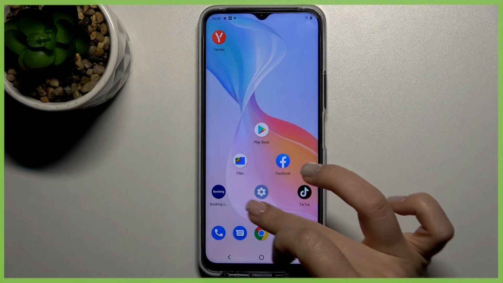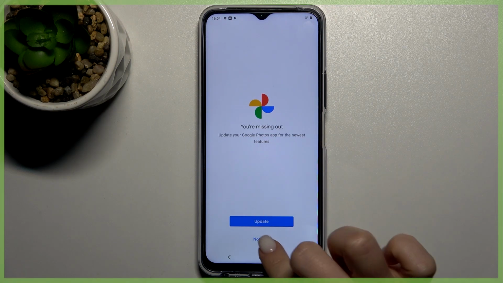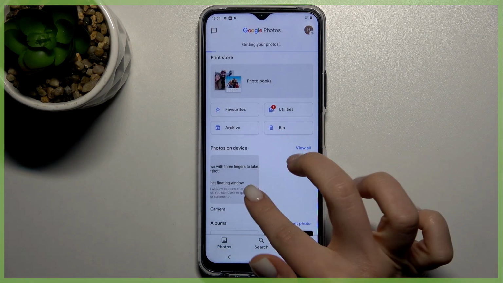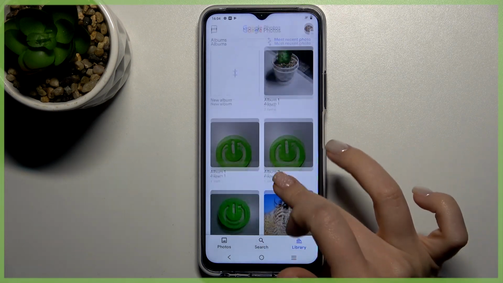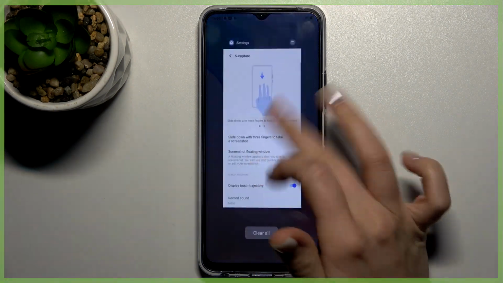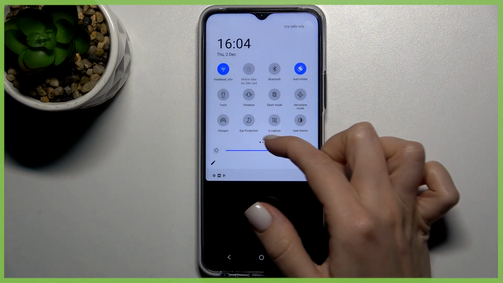And right now you can find your screenshot in your photos, as you can see here in our library. So, and then the second way: you should go to the notification bar, and here you've got the